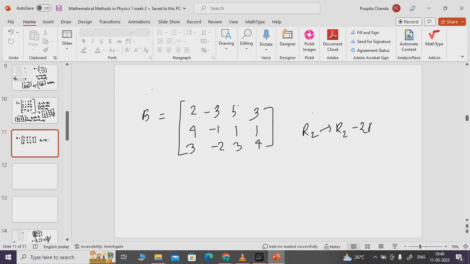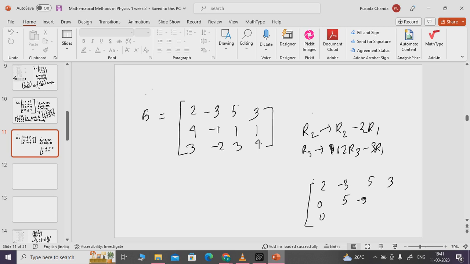R2 will be R2 minus 2 into R1. R3 will be 2 into R3 minus 3 into R1. Then it will become 2 minus 3, 5, 3, 0, 0. R2 minus 1 minus 5,